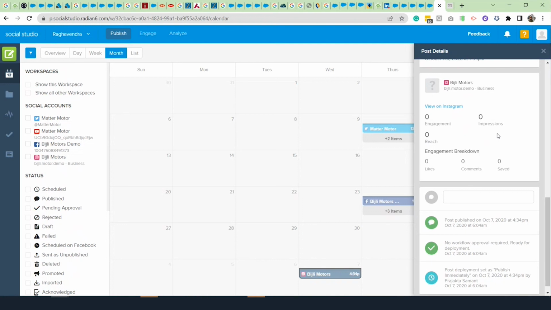Now this also could be with anything. Correct. So here it says how the engagement was and how the reach was. Even if somebody has not liked it, even if somebody just opened it, it gets counted in the reach. Then the engagement breakdown starts saying how many likes, how many comments, how many people saved that link, and the impressions and all that. Based on that, there's a happy face, sad face, angry face.